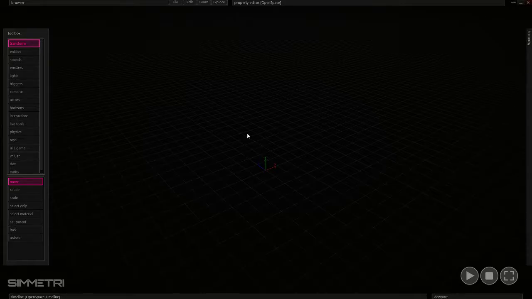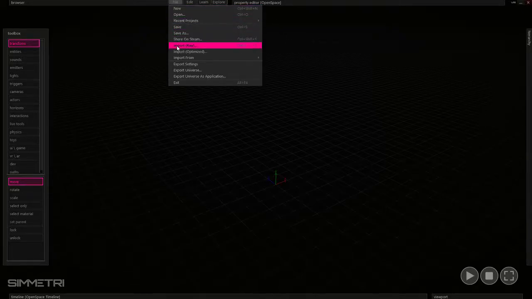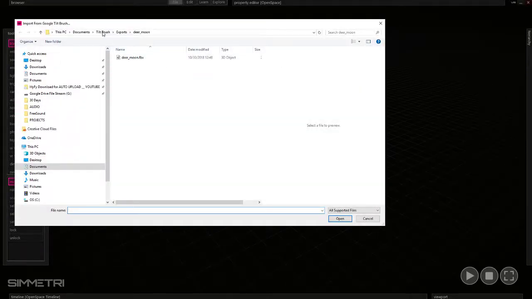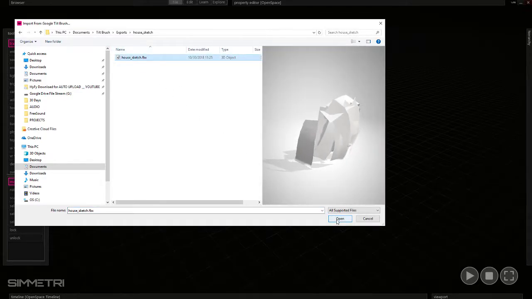Let's start with the house sketch, which will give us kind of our first contextual background. So you recall that the Felix Stief house sketch is TiltBrush, so we're going to go to File, Import from Google TiltBrush, and then Documents, TiltBrush, Exports, and I'm going to go to House Sketch, and hit Open. And I'm going to bring in House Sketch, select the .fbx,